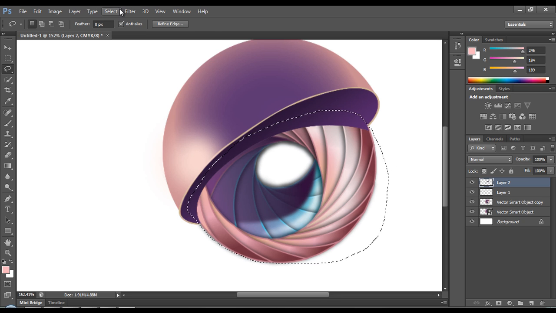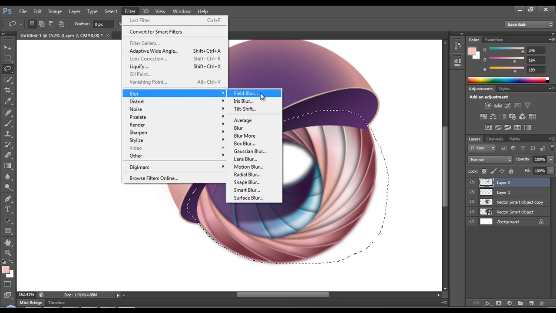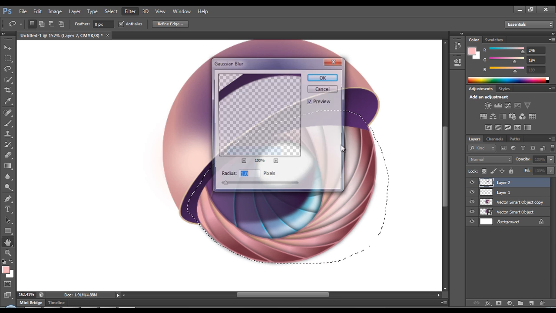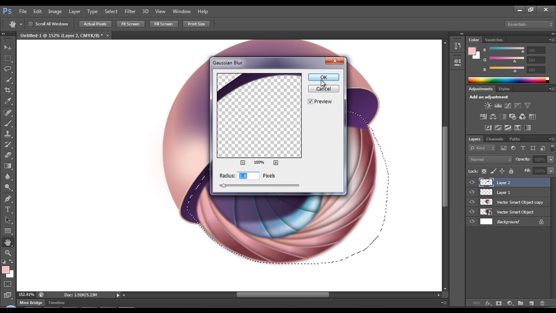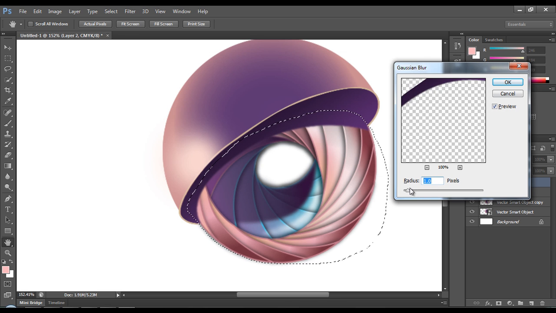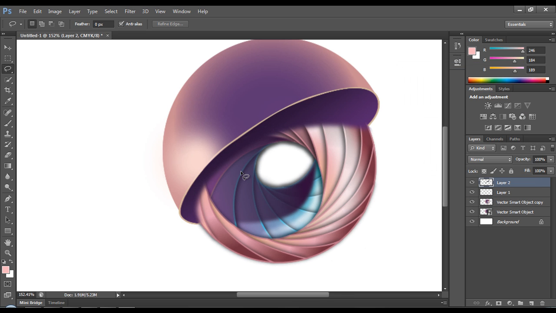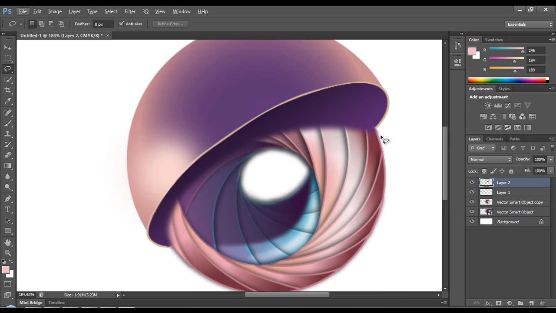Now once you have selected, I'll go to Filter, Blur, Gaussian Blur. Let's increase the blur effect. I'll give some smooth size and click OK and Control D. So we got that nice smoothness here.